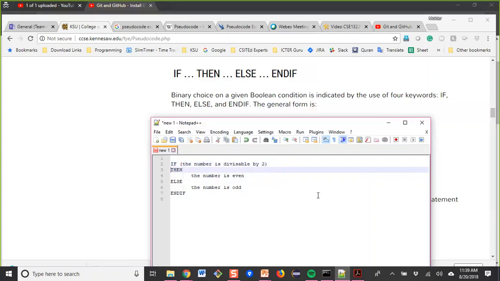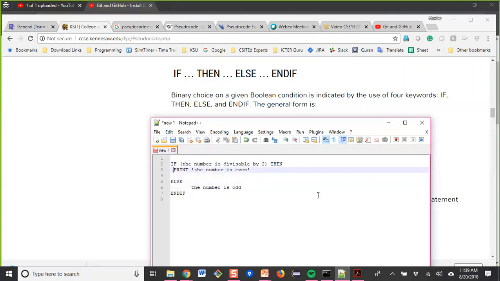We can give this THEN here, no problem. Then we can write the outcome: the number is even. This is our outcome or result. But usually we put THEN right after the end of the IF. Then we can put PRINT "the number is even", like this, or else.